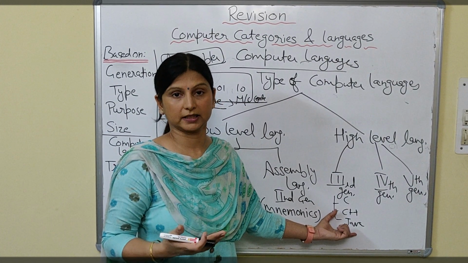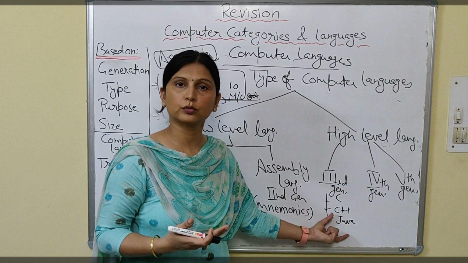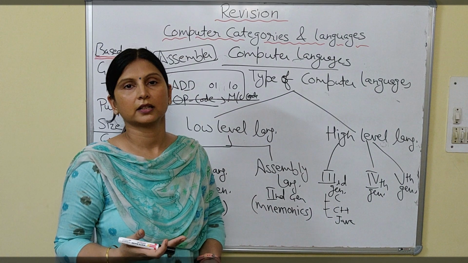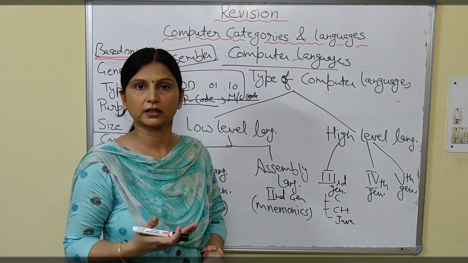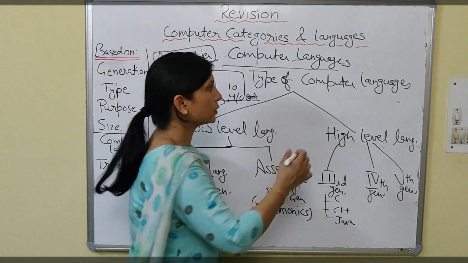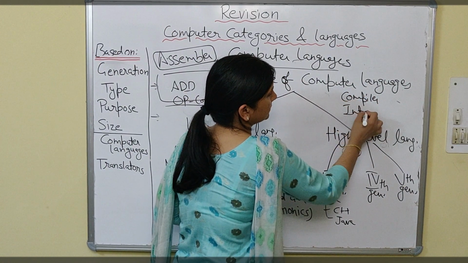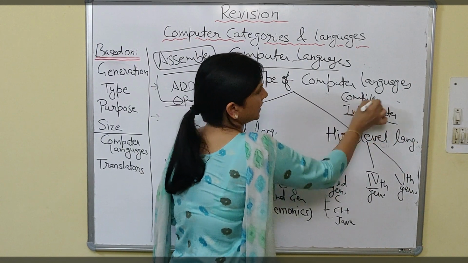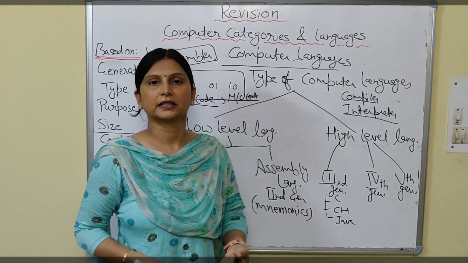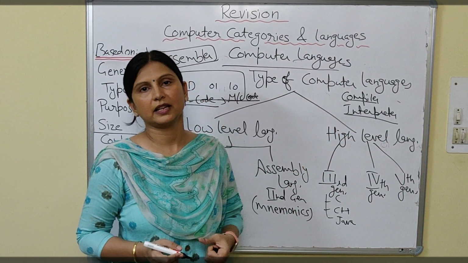Second, we need a translator. Which translator do we need to convert these high level languages into machine code? Because again, if we are giving instructions in terms of simple English words, that would not be understood by the computer. Again, we need a translator. And which translator do we use? We use compiler, interpreter. Compiler and interpreter are translators which convert high level language into machine level language.